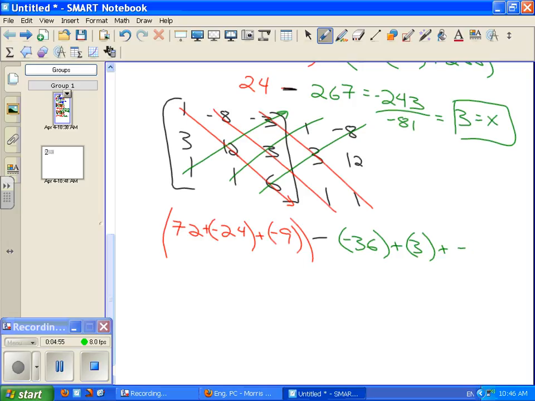Okay, that sounds good to me. All right, so what I've got here is 72 minus 24 minus 9. Well, so it's like a 72 minus 33. 39. Minus. Now over here, I gotta have a lot of negatives. So when I add the opposite here,